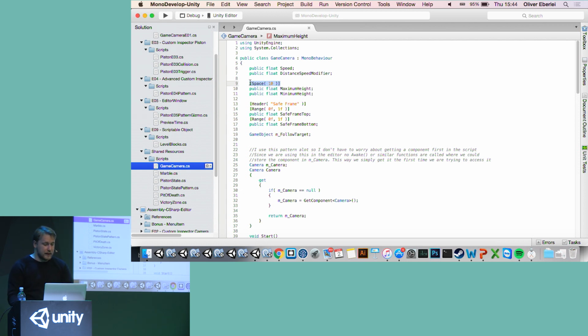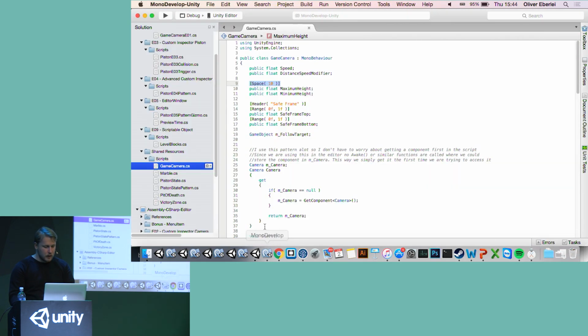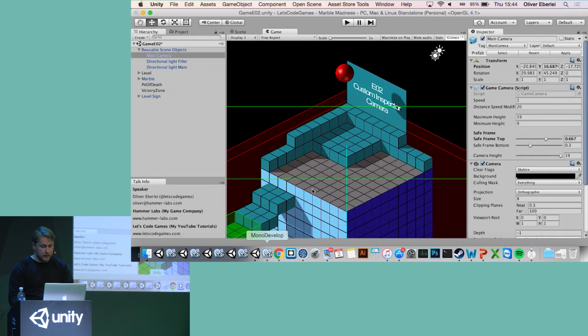So like this, the space here, it's just the space attribute, 10 pixels, and this is the space right here. Second one is header, so you can write stuff in your inspector, and there's no extra work required. Just put in this attribute, like square brackets, header, type in what the header should be, and then the safe frame here, that is the header that we are drawing.